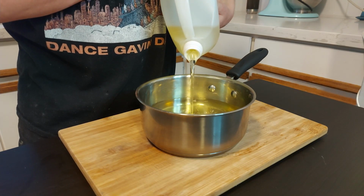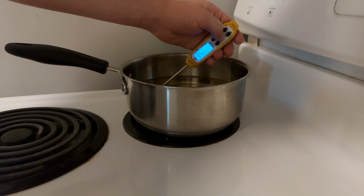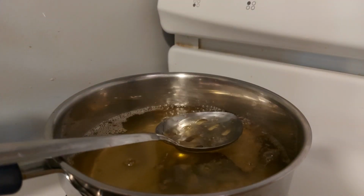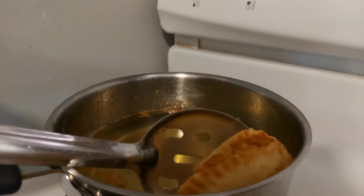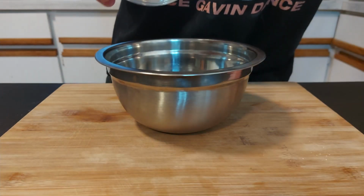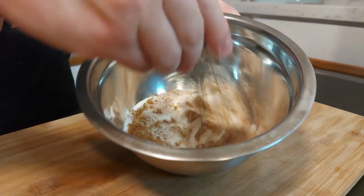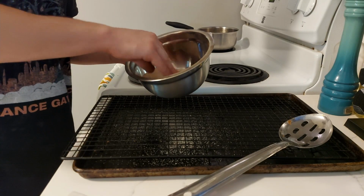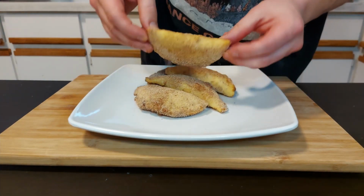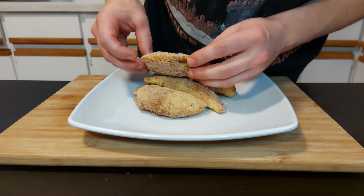I just used enough oil so it's just going to cover the empanadas. You don't need a whole lot. Then I brought it up to 350 degrees Fahrenheit and fried them for a couple minutes on each side, or just submerged. Took them out, drained them, and tossed them in cinnamon sugar, which I made by adding 1 cup of sugar with a tablespoon of cinnamon and just giving it a little whisk. And that's it. Repeat as necessary, and oh baby, a whole plate of caramel apple empanadas